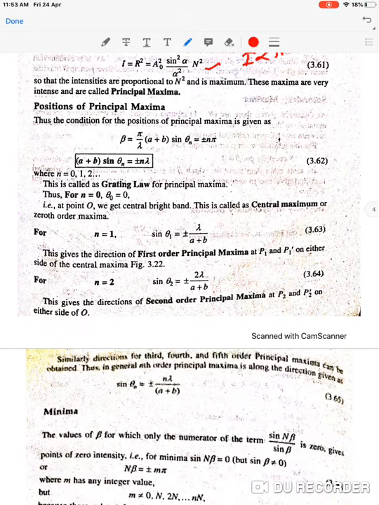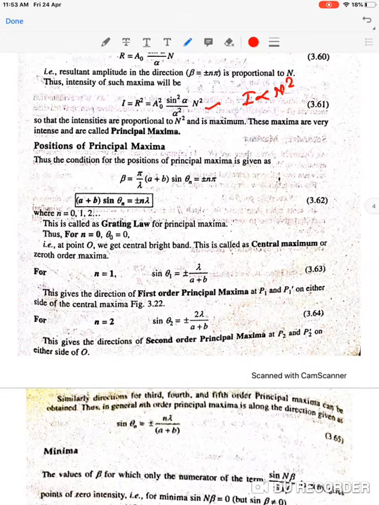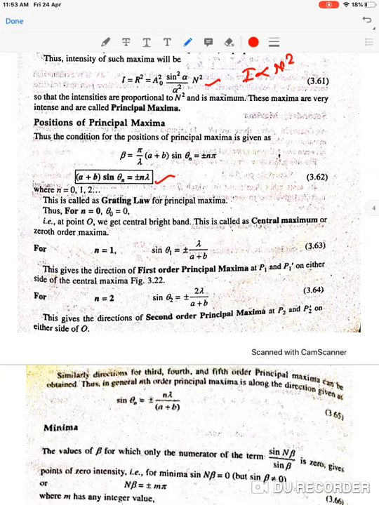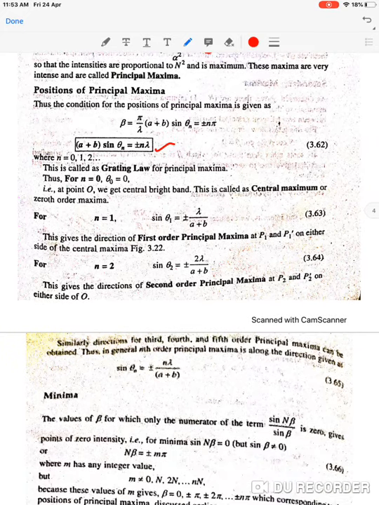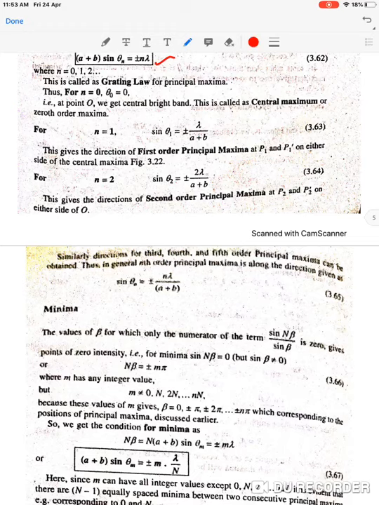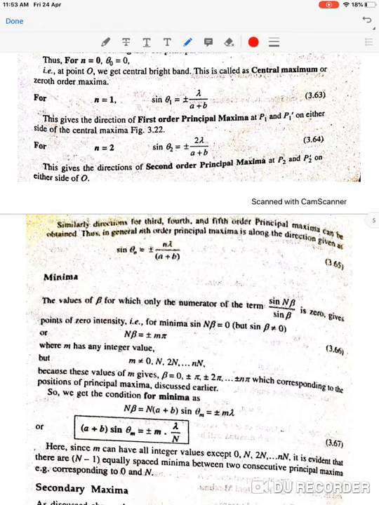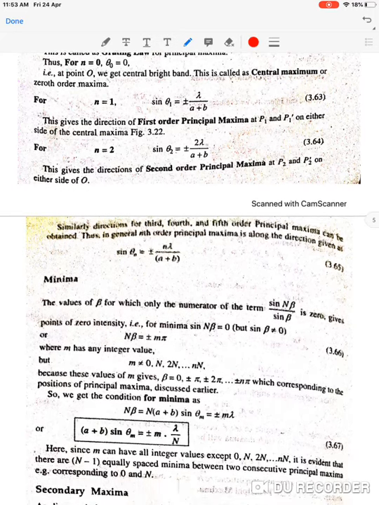Then we calculated the position of principal maxima, and we got this equation: (a plus b) sin theta n must be equal to n lambda. With respect to n and 2, we calculated what should be the angular theta value. Okay,